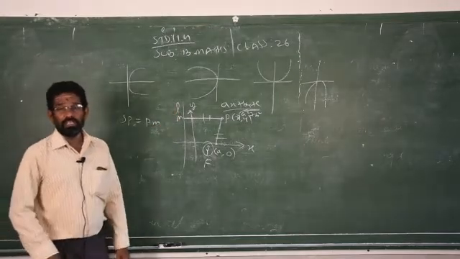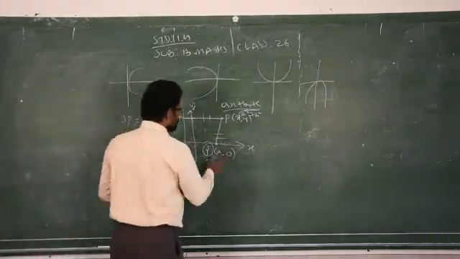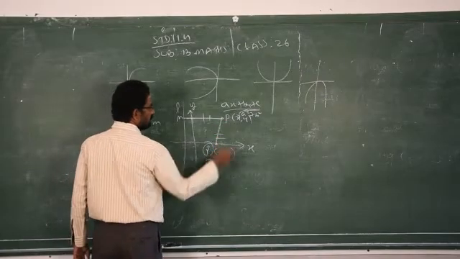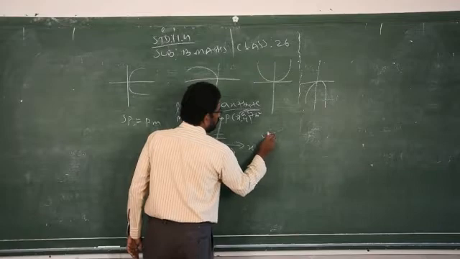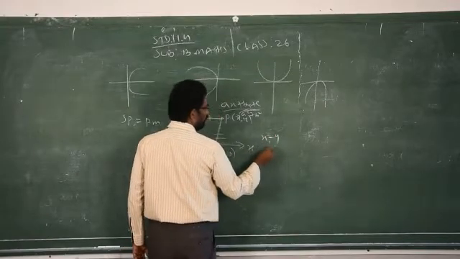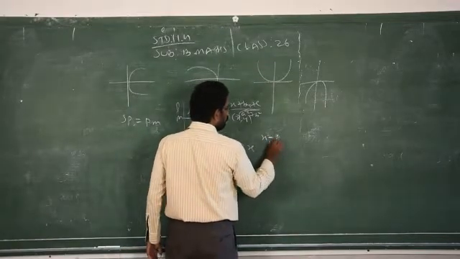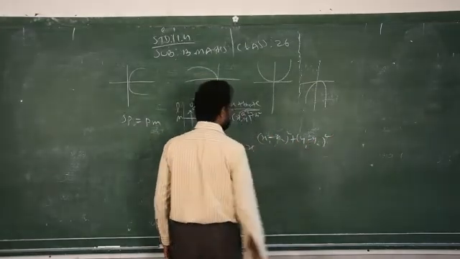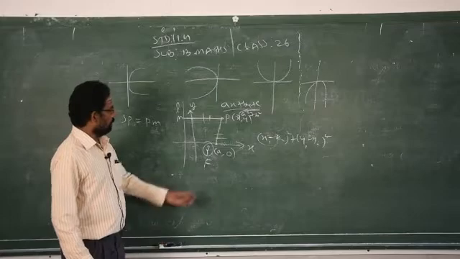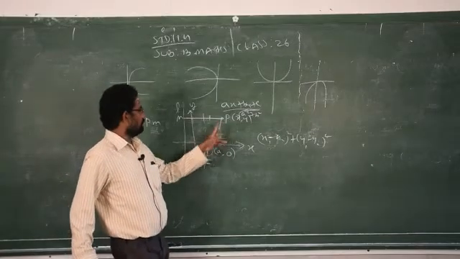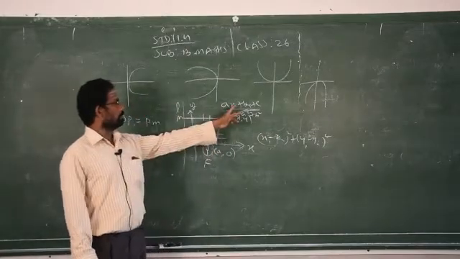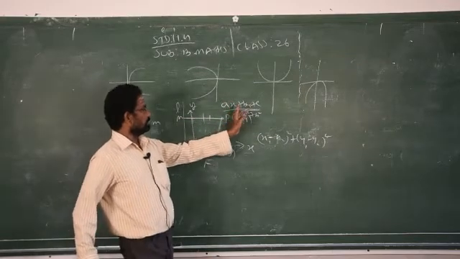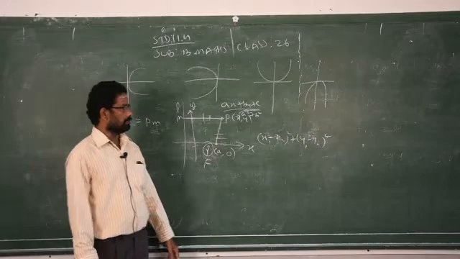L is called the directrix. You know how to find the distance SP by using the distance formula: the square root of (x1 minus x2) the whole square plus (y1 minus y2) the whole square. Based on this distance formula, we are able to find the distance between S and P, and the perpendicular length from the given point to the line is |ax + by + c| divided by the square root of a square plus b square.